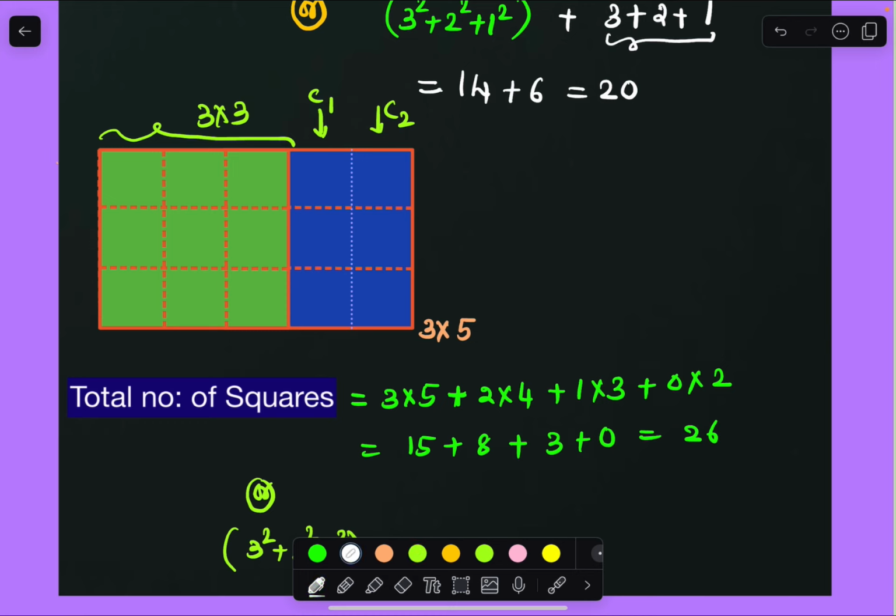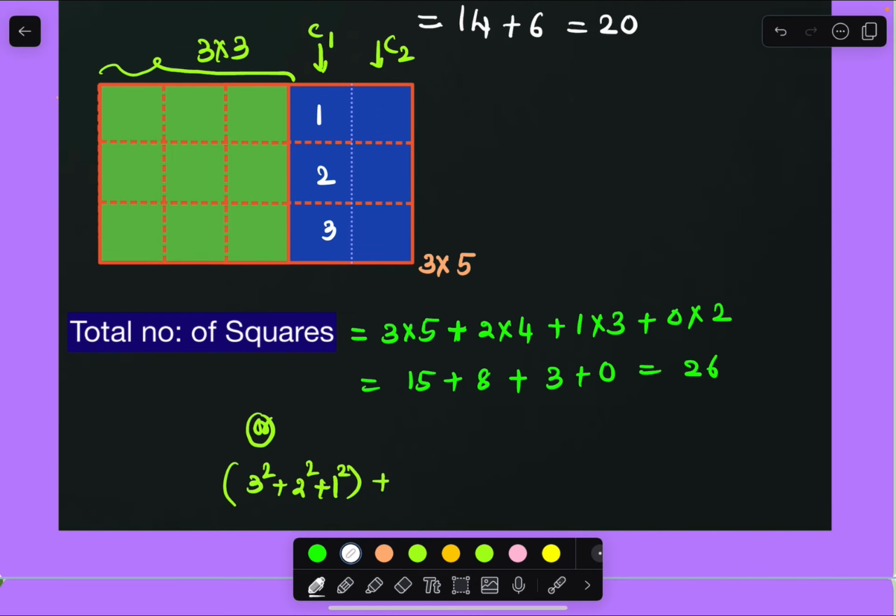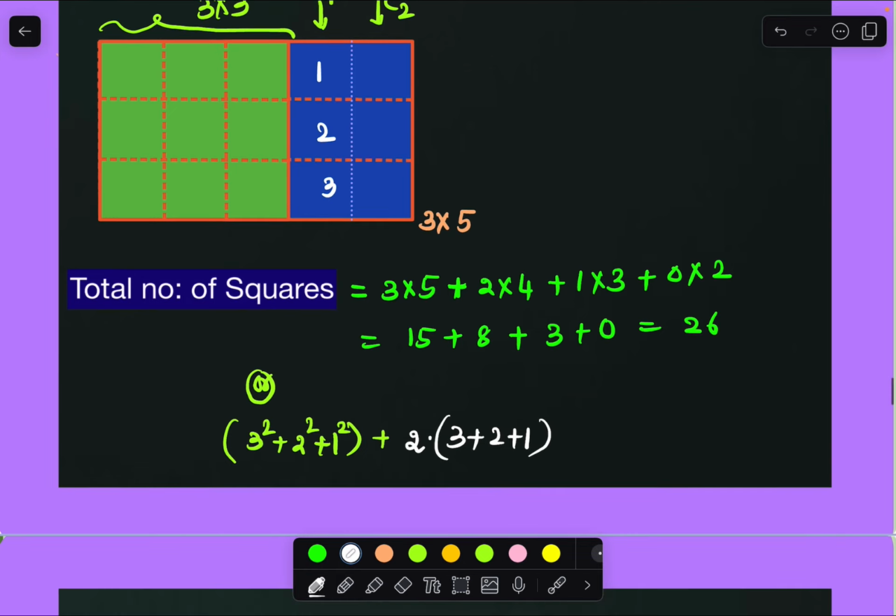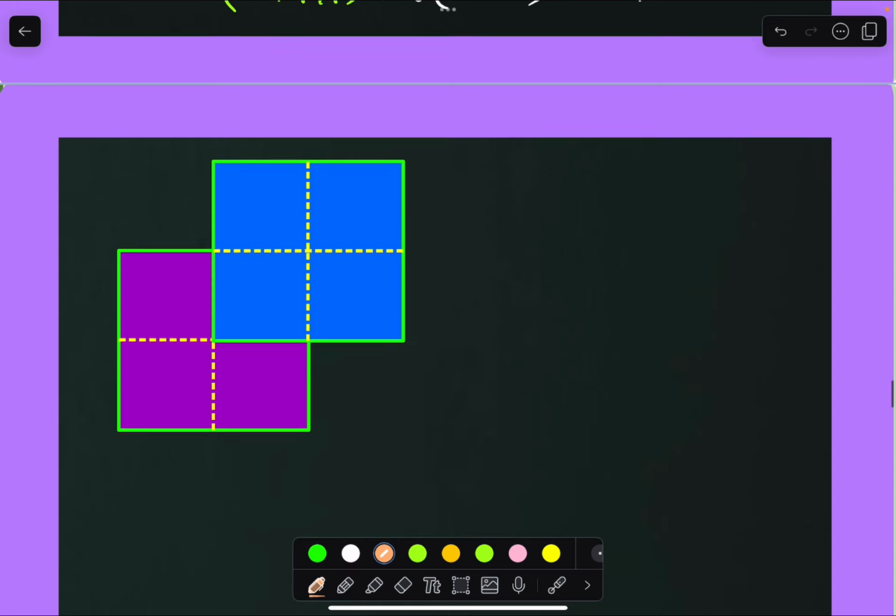In each column how many squares are there, we can check it, right? In each column, 3 squares are there here. By using these 3 squares, how many total squares can we make by attaching with the previous grid, we can check it, right? So 3 plus 2 plus 1 additional squares we can get. Like that, how many columns are there? 2 columns are there. We'll make it in this way also, right? This value is how much? 9 plus 4, 13 plus 1, 14 plus 6 or 2 are 12. This will give you 26, the total number of squares in this grid also.